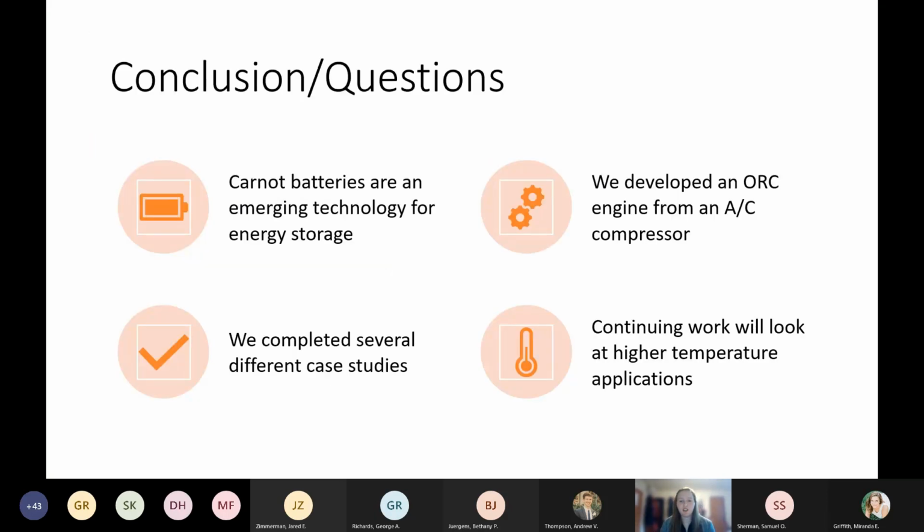In conclusion, Carnot batteries are an emerging technology for thermal energy storage, and their development will be crucial to the expansion of renewable energy storage. During the semester, we accomplished building an ORC engine from an AC compressor to create a proof of concept. While it did not function the way we expected, we believe that may be due to the limitations on the